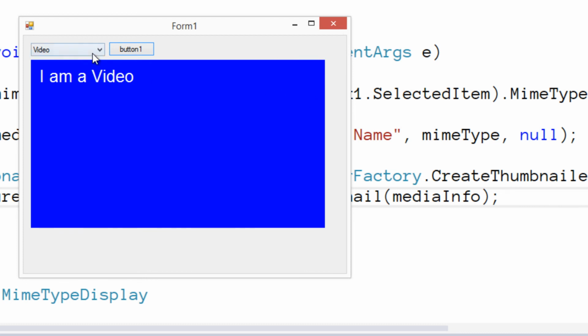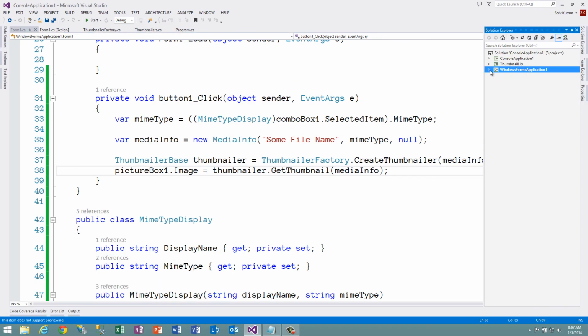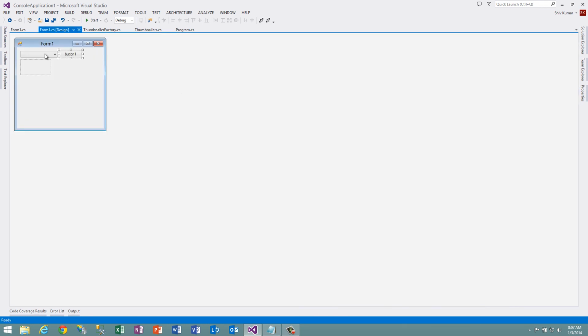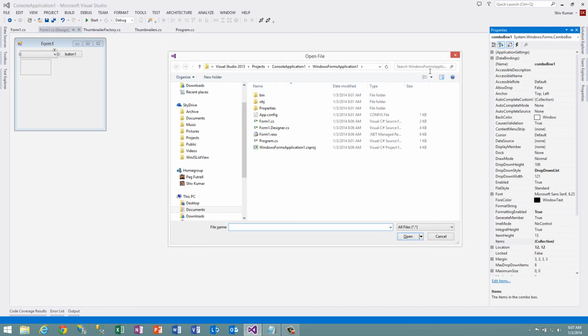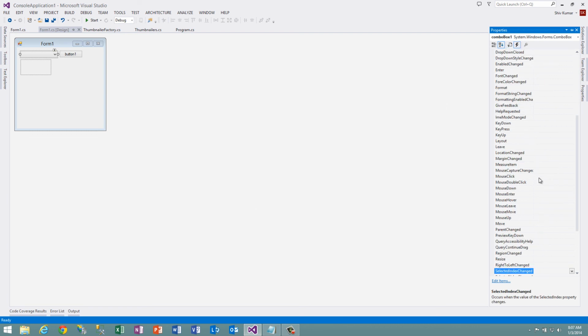I can improve this a little bit. Maybe as you pick the different items, the change event should fire this thing. It's not making any difference to the actual topic in hand, but if I were to go in the events, what's it called, change event,